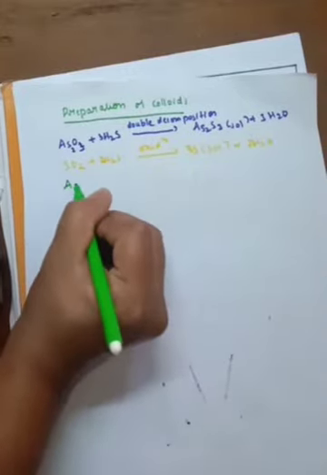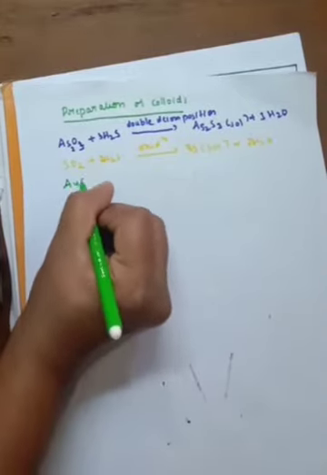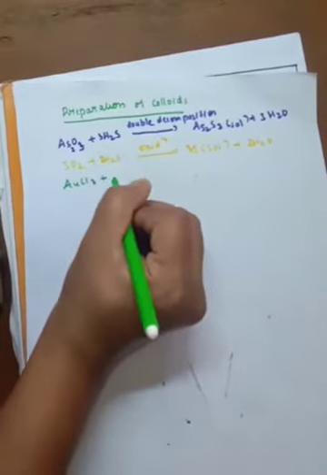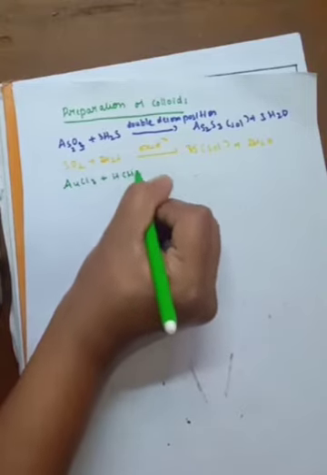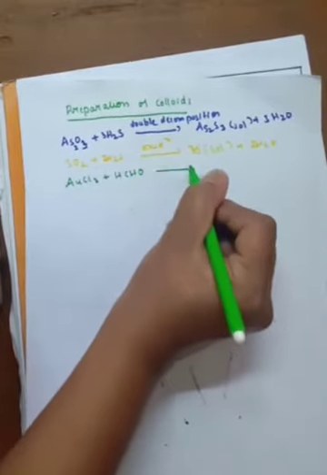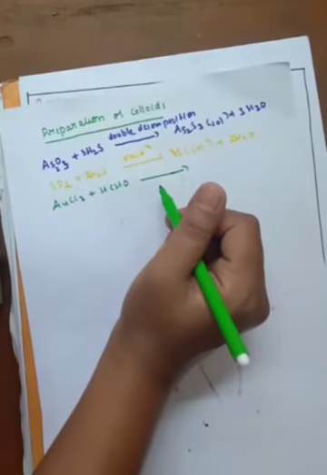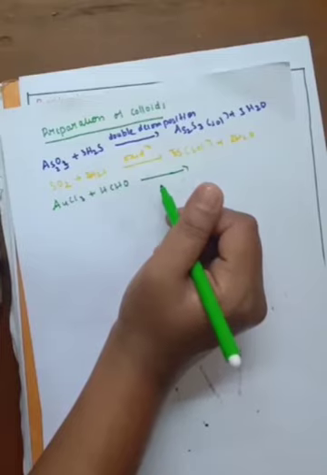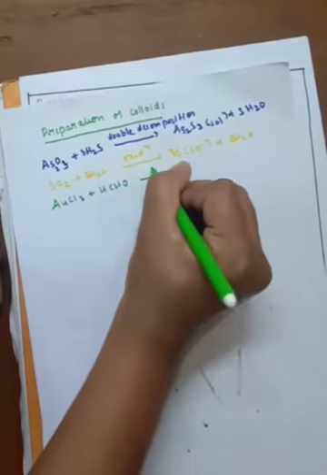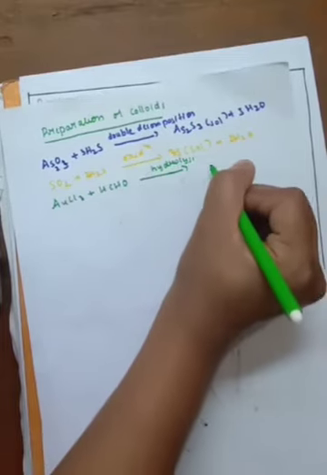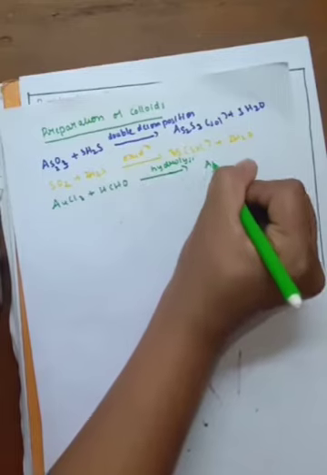And the next one is gold sol. AuCl3, auric chloride, is treated with formaldehyde, HCHO. On hydrolysis, which means addition of water, what happens? It forms gold sol, Au sol,